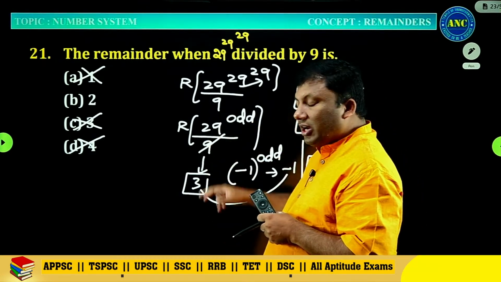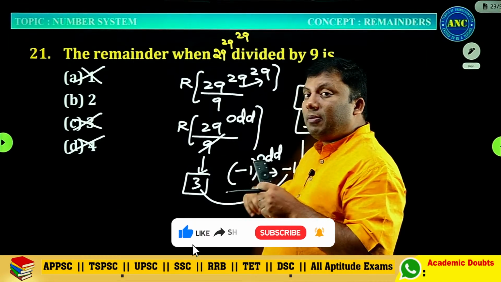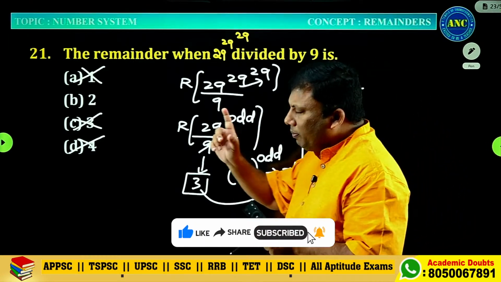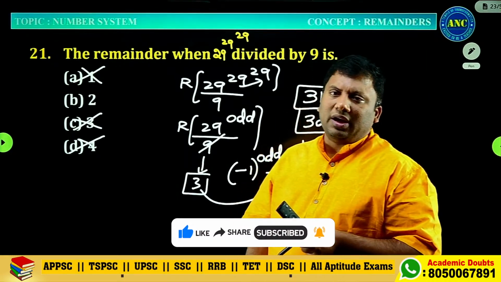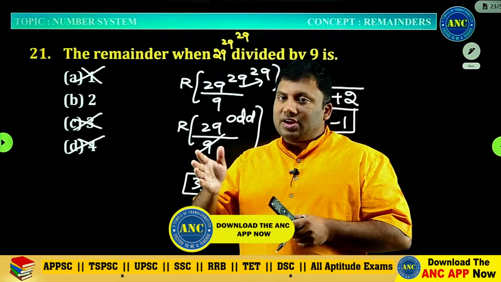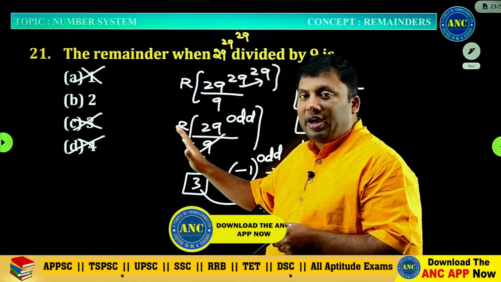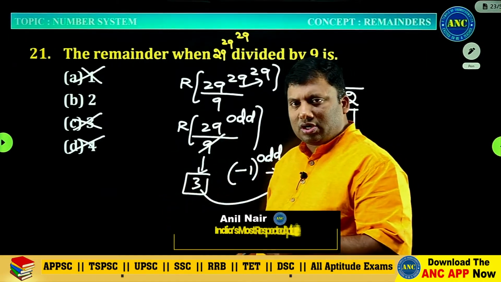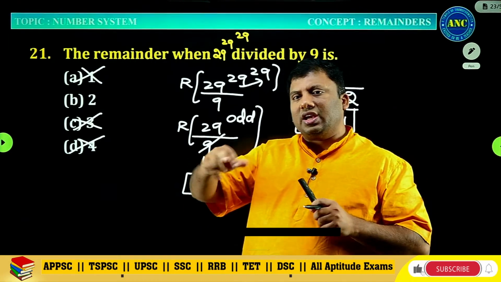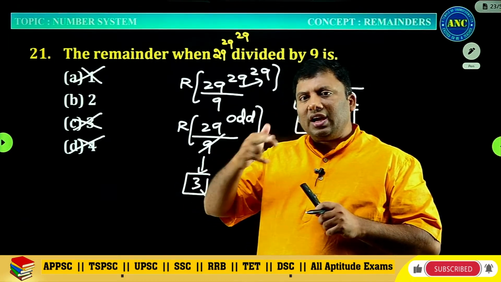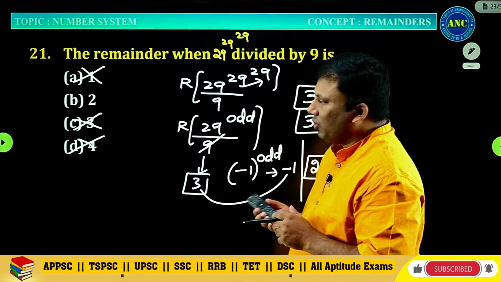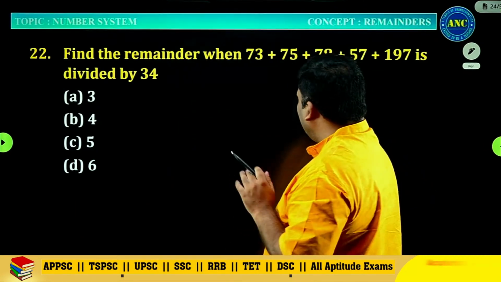3 tens are 30, minus 1 power odd is minus 1, positive remainder 2. The answer should obey the form: when divided by 3, it gives a remainder plus 2. What if more than one answer is there? We are just eliminating answer options. Again I will solve the question; anyway, one more method is there. It is like checking whether the curry is well prepared just by tasting it with a spoon. I hope the idea is clear.